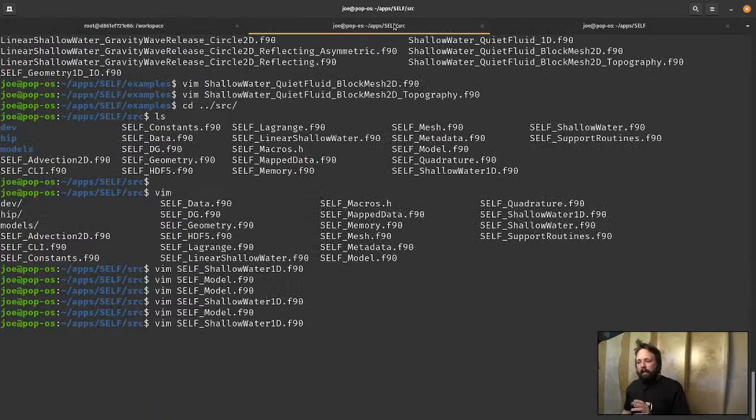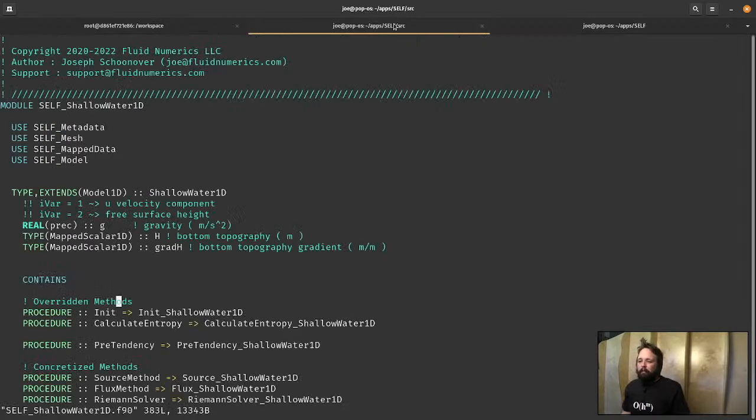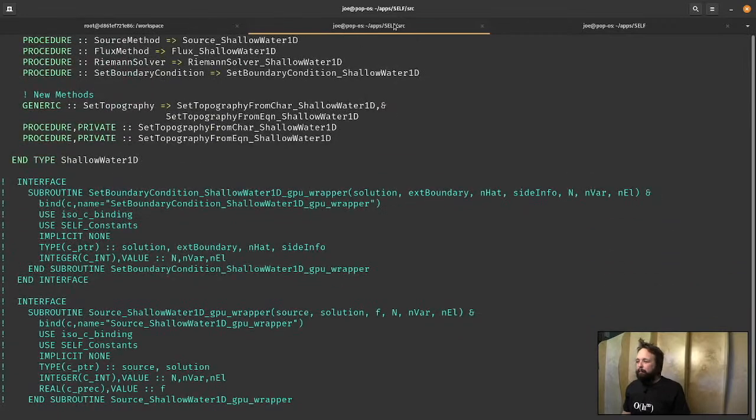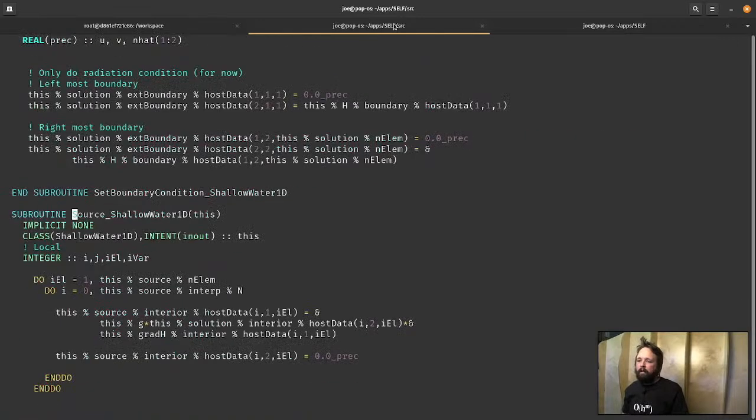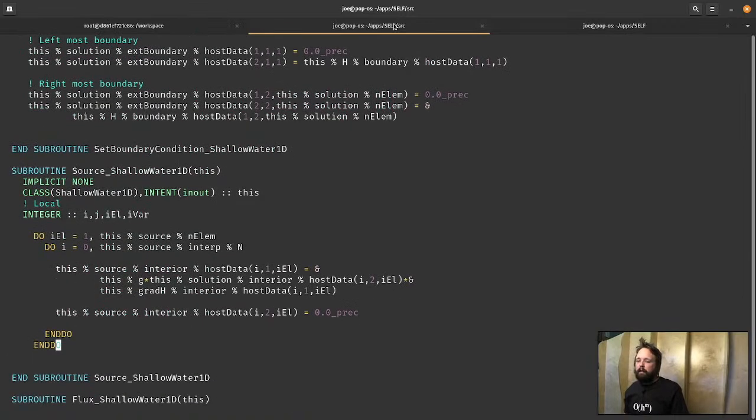And so, right, what we still need to do in this shallow water 1D is put in those GPU functions. And the way that's done, let's go ahead and take a look at doing the source terms. What we have for the source, shallow water 1D, on the CPU side, it's just a doubly nested do loop in 1D. So probably not get a whole lot of speed up on the GPU for doing a problem this small, but